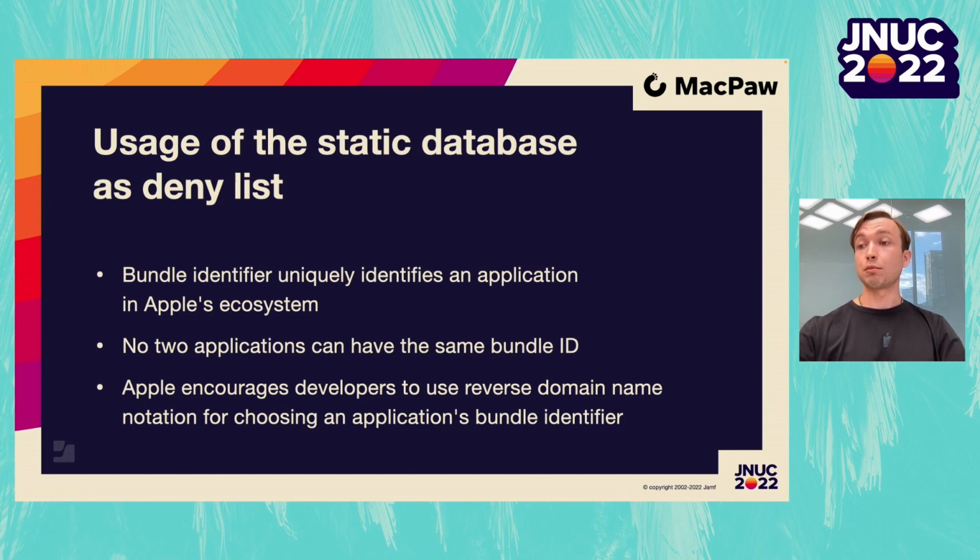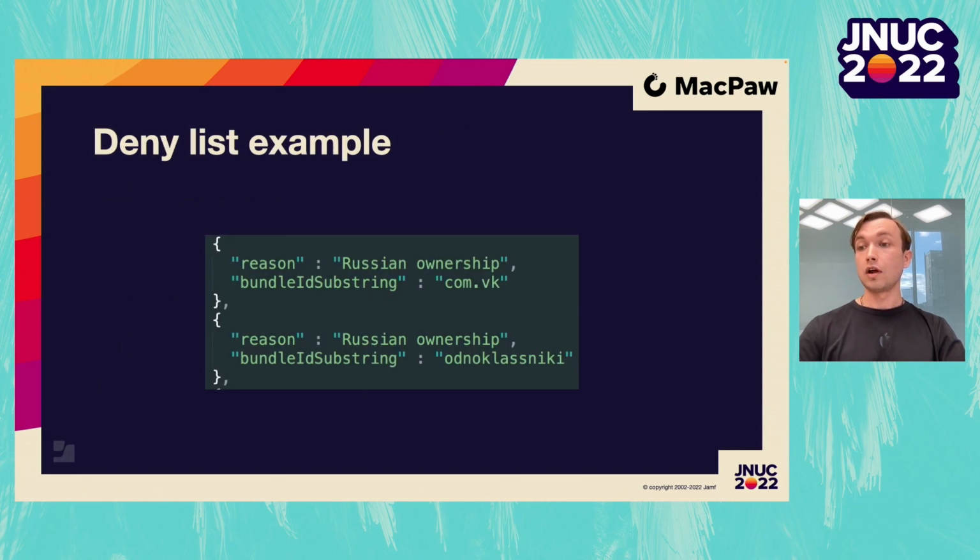The very basic and most common way of getting an affiliated application with the country is to have a static deny list. Applications can be identified by bundle IDs. On this page, you can see that we use the com.vk bundle ID substring to detect the VK applications family, also called Vkontakte. As the other Russian applications, VK is required to permit the Federal Security Service to access and read